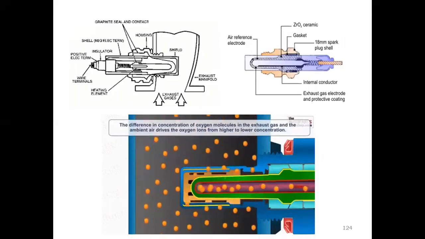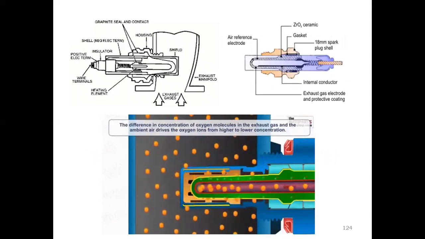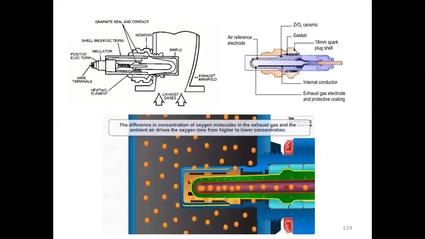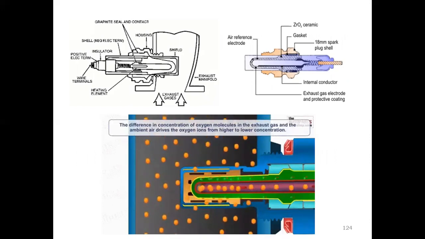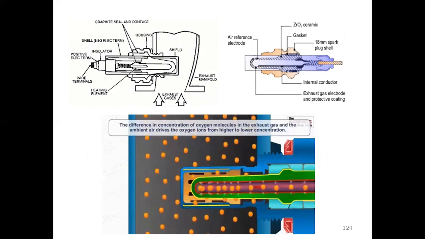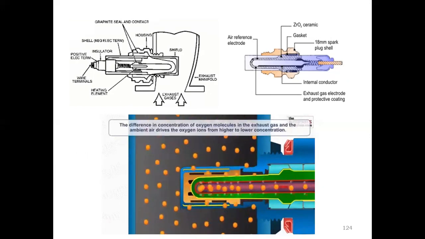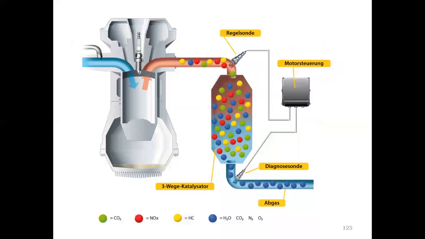So this is the model of the sensor. When oxygen molecules hit the material, it will produce some variation in the temperature and the output, so we can define the value. This is the model. That means we are going to find out the oxygen level of the exhaust signal, that is, the exhaust gas.